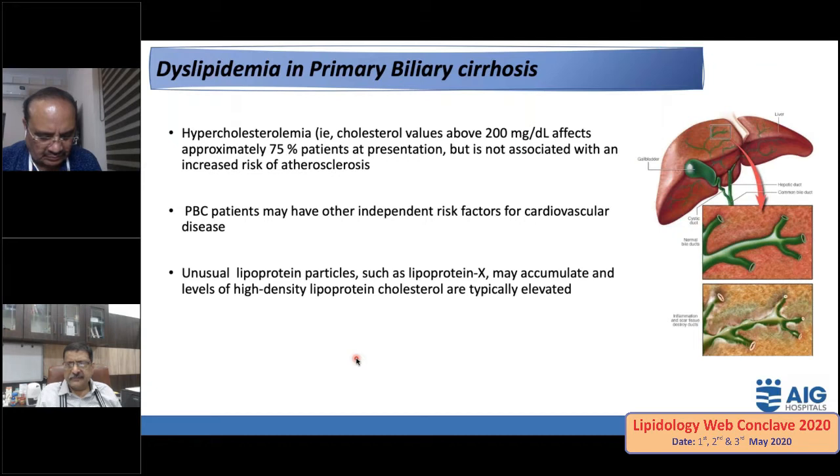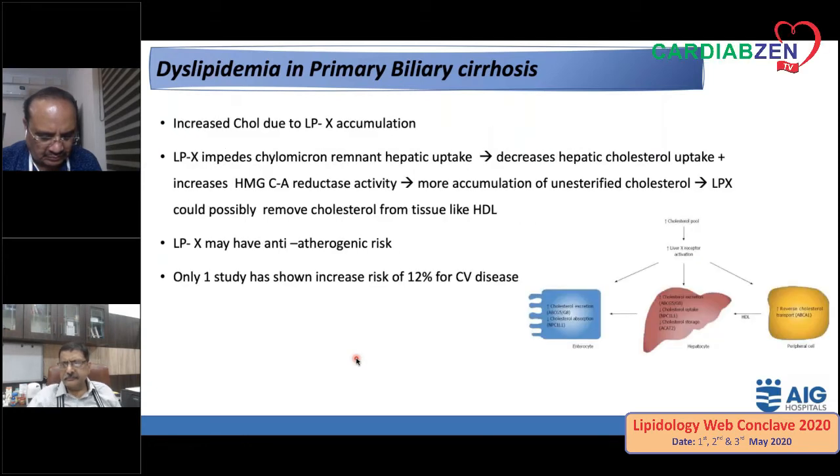So this lipoprotein X impedes the chylomicron remnant hepatic uptake, and thereby it decreases the hepatic cholesterol uptake and increases the HMG coenzyme A activity, which causes accumulation of more unesterified cholesterol. And this lipoprotein X could possibly remove the cholesterol from tissues just like an HDL. So lipoprotein X, which is the main culprit in primary biliary cirrhosis for high cholesterol level, would have an anti-atherogenic